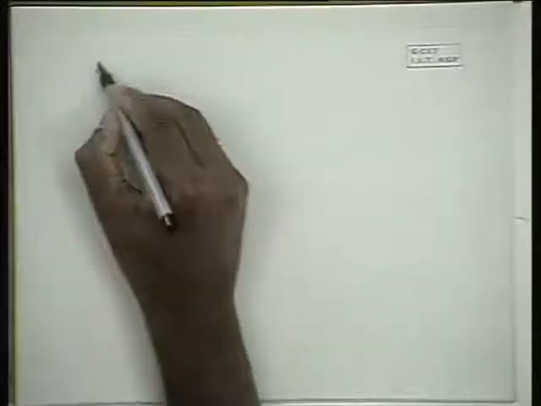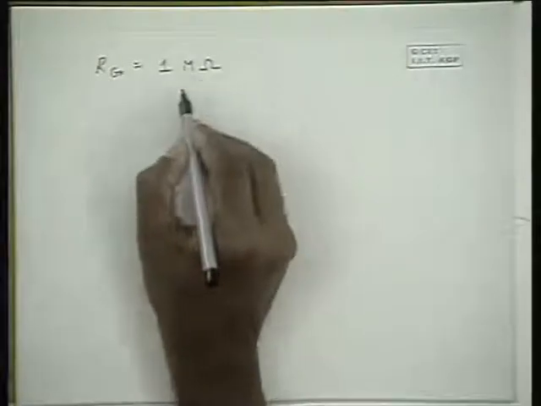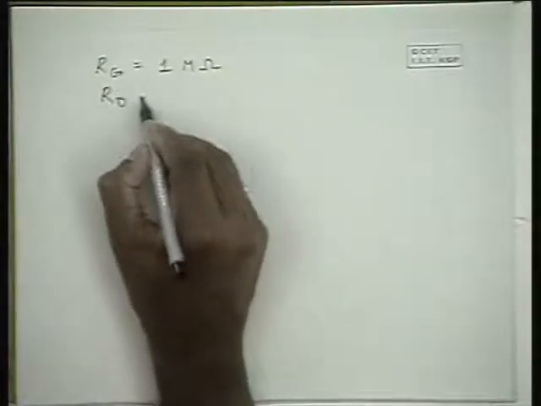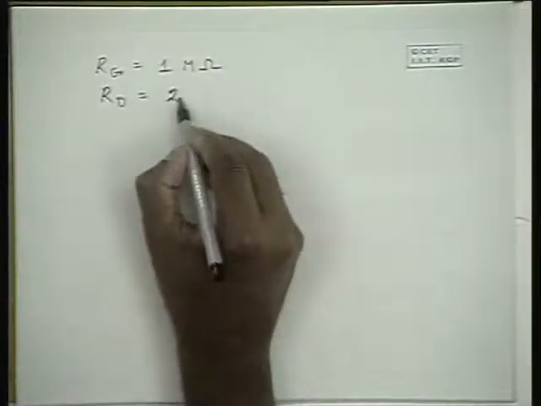As an example, let us consider RG as 1 mega ohm, and capital RD as some 20 kilo ohms,